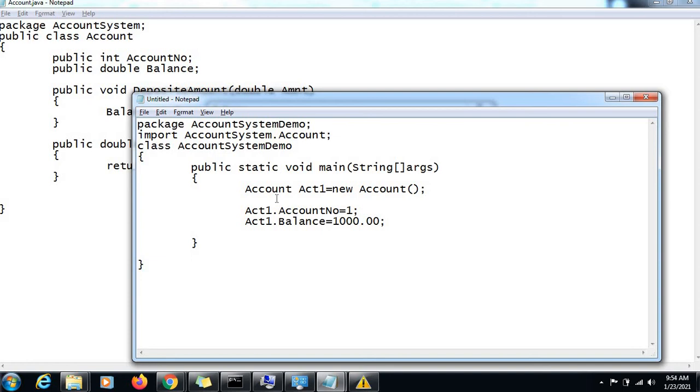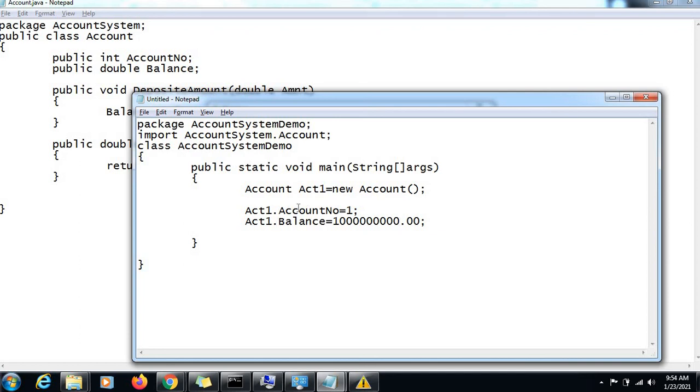Balance you can modify, but only through depositing money in the account and withdrawing. You cannot just go and say, please make my balance 1 crore rupees. You cannot say it like that, isn't it? But if you are exposing the balance variable here, you can set any value to it, and then that account will have this amount set to its balance variable, which is wrong in the context of the application we are building.